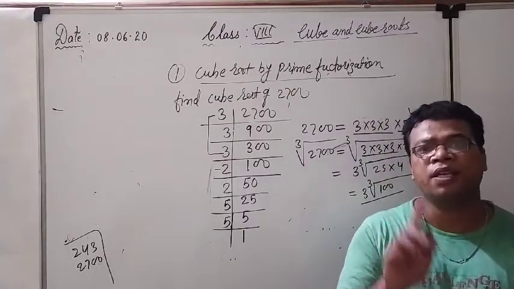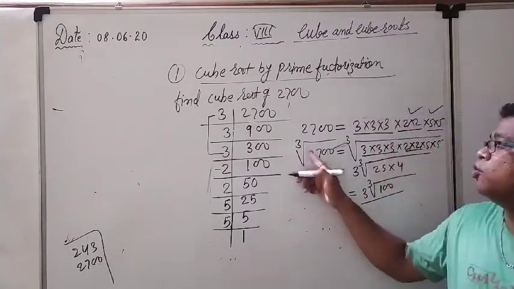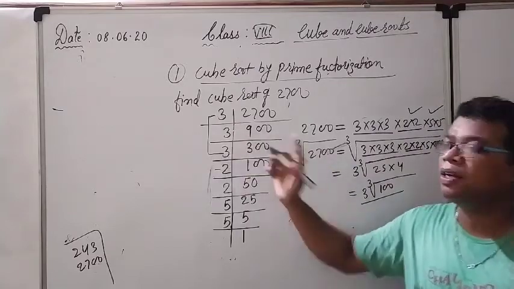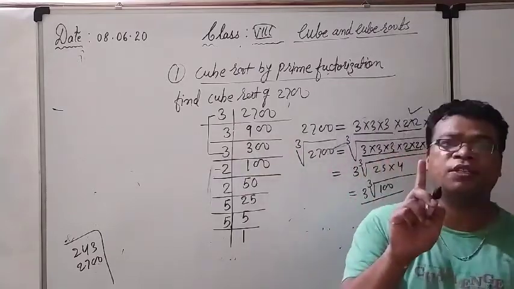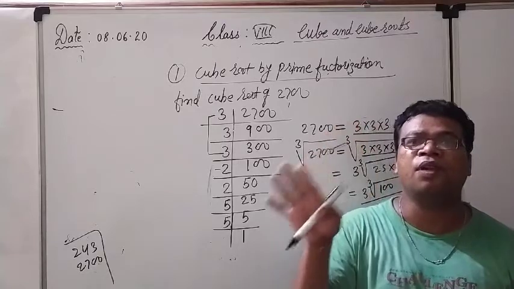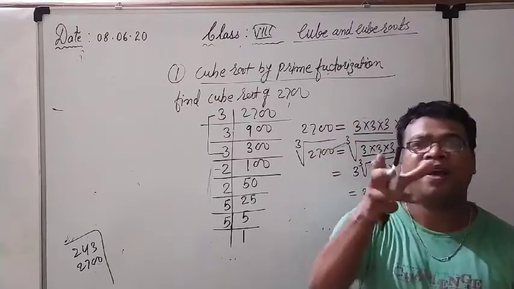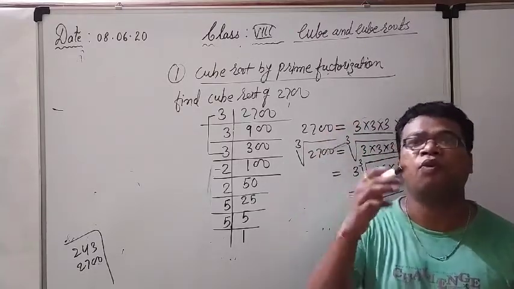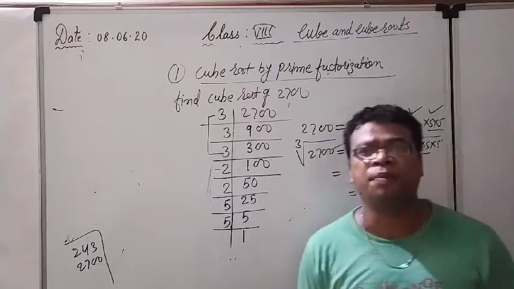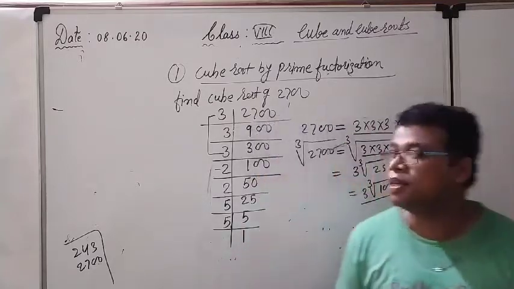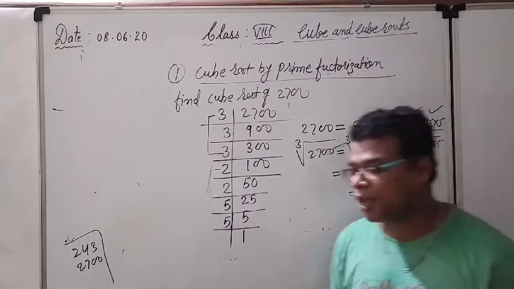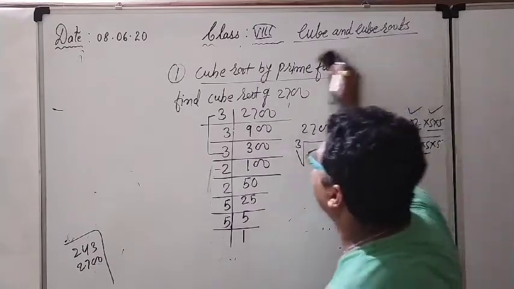It will come a single time, and this is the sign of the cube root. And for how many digits are making the triplet, we will take one digit. Out of the triplet of 3, we will consider only one digit, and for the digits coming out from the cube root, we have to just multiply them and we will get our answer. So this is all about the cube root by the prime factorization method. Right now see the next thing.